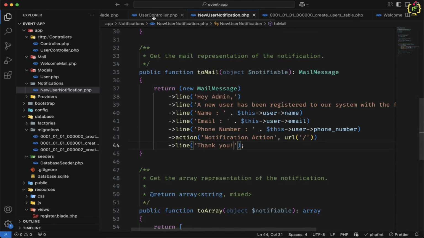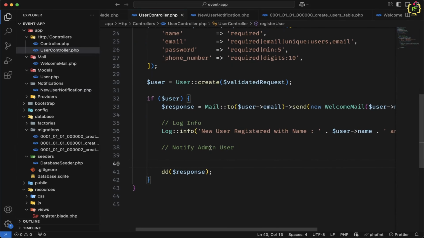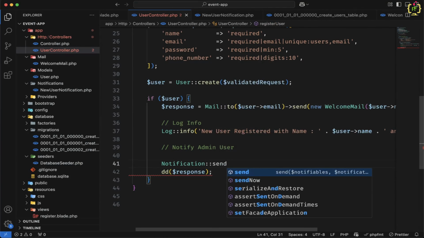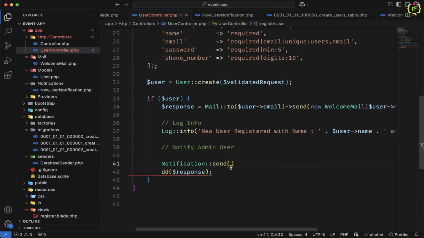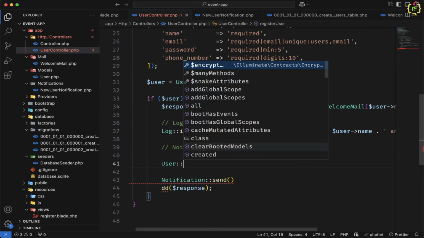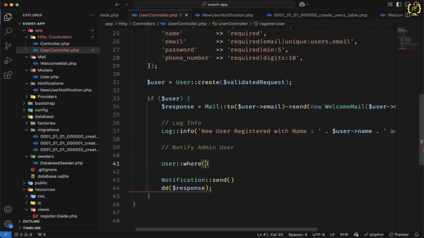Now let's come to the controller and here let's notify the admin. So I will call the Notification facade. Okay, colon I will use this send function. Inside this we will have to pass the admin user. So firstly we will fetch all the admin users from the user table. So I will fetch user where user type is admin and I will use the get function because there can be more than one admins. So I will store it in a variable as admins